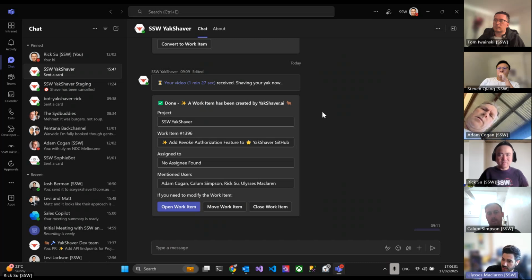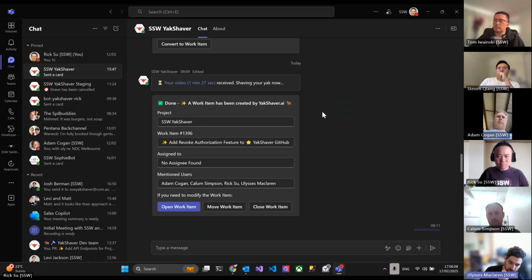So it should use the word that is relevant for that system. In this case, this is Azure DevOps, so it should say a PBI has been created. And down the bottom, the buttons should say open PBI, move PBI, close PBI. If it was GitHub, it would say issue. If it was Zendesk, it would say ticket, depending on what system is being used.